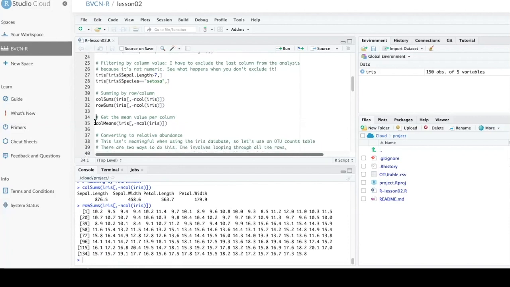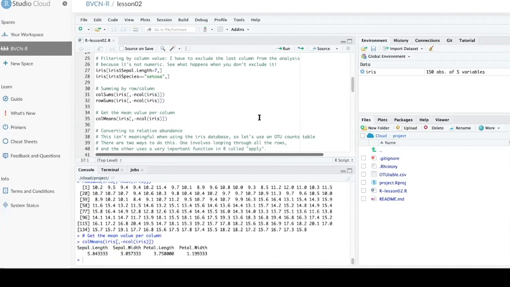You can do the same thing to get the mean value for each column or row with the function colMeans. And again, you have to exclude the non-numeric columns. So here is your mean